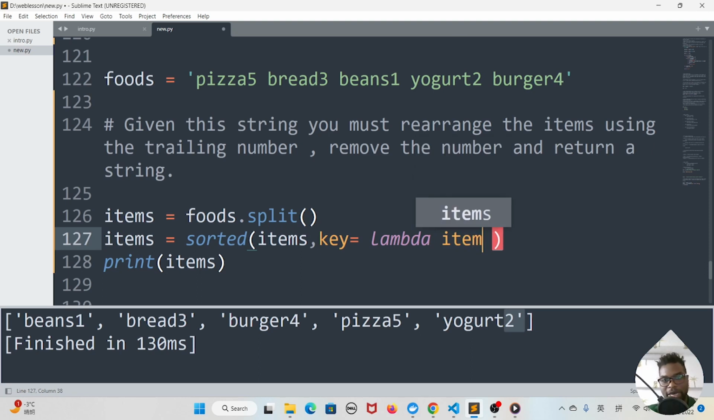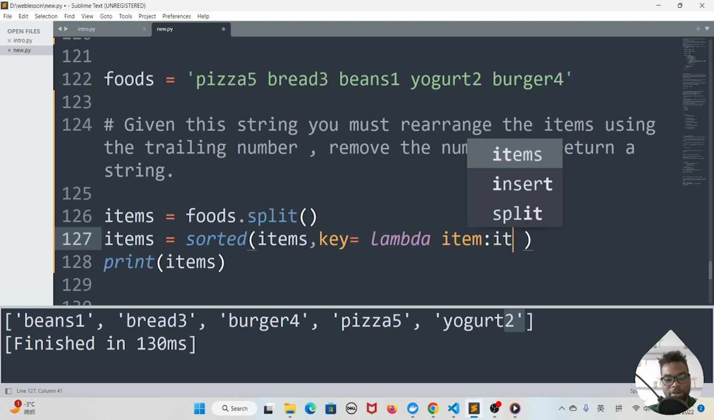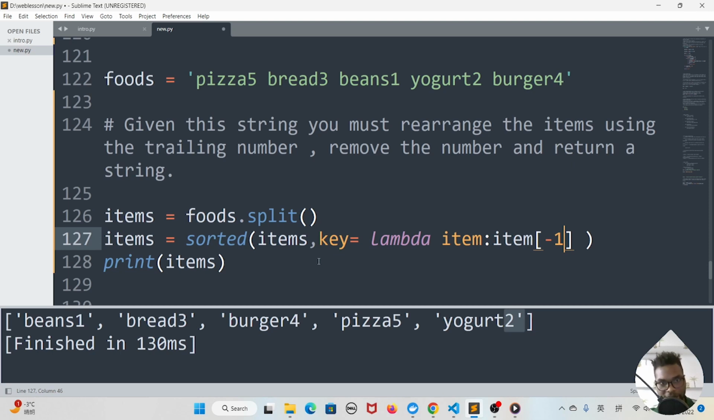This is the argument that I'm passing, and then a colon, and then the condition. So I'm going to say item[-1]. And so I'm saying arrange these items using the last element of each item. This is the last element 1, this is the last element 3, this is the last element 4, and etc. And so if I save this and run this again, you guys can actually see these have been rearranged in that